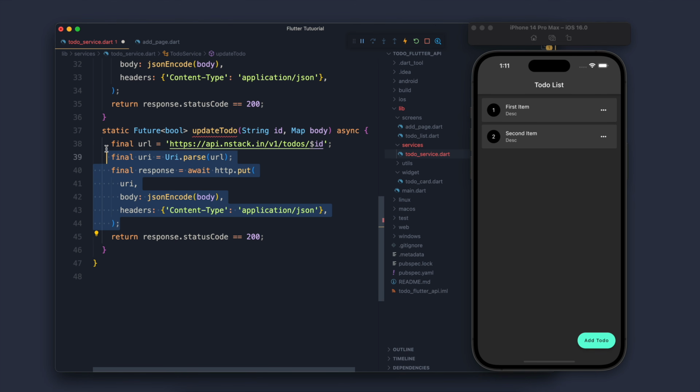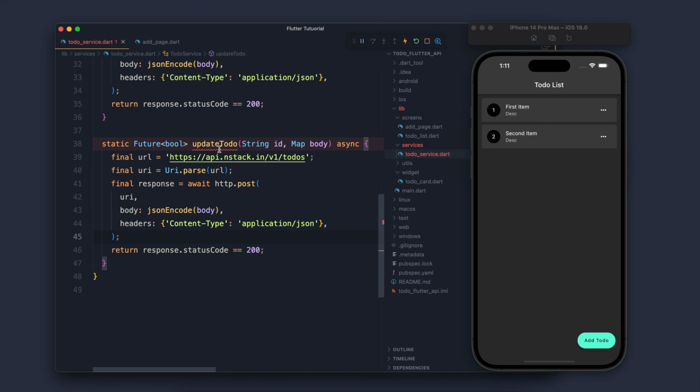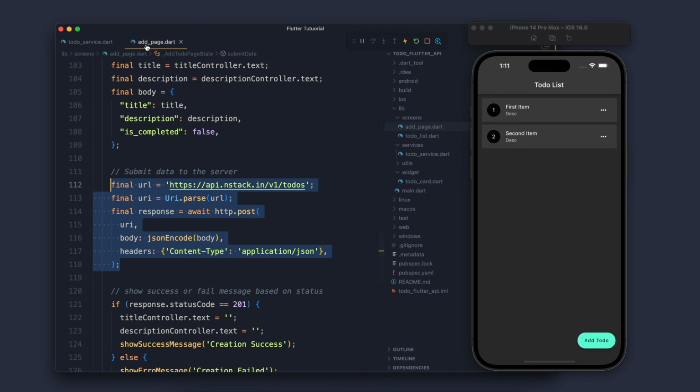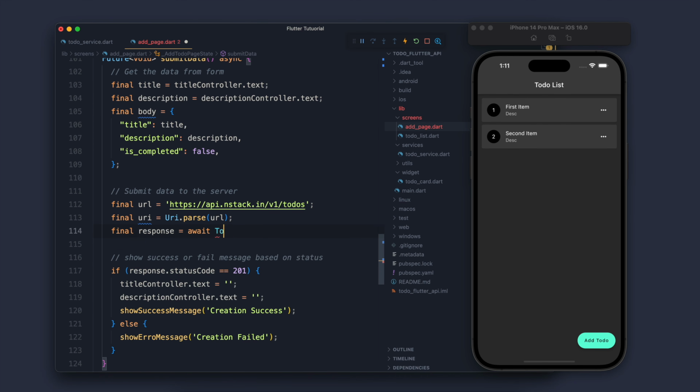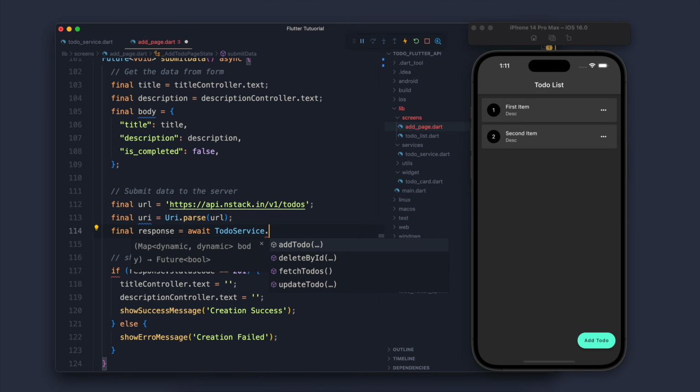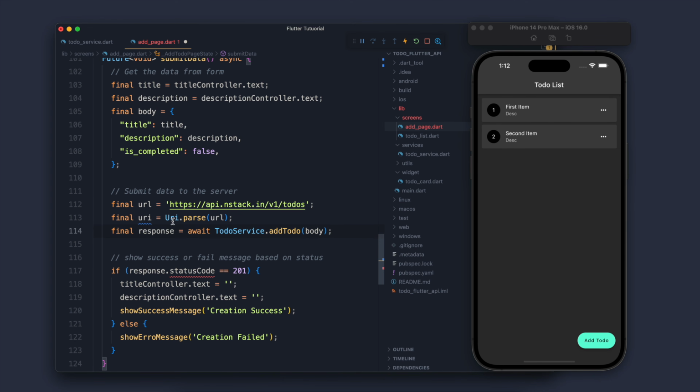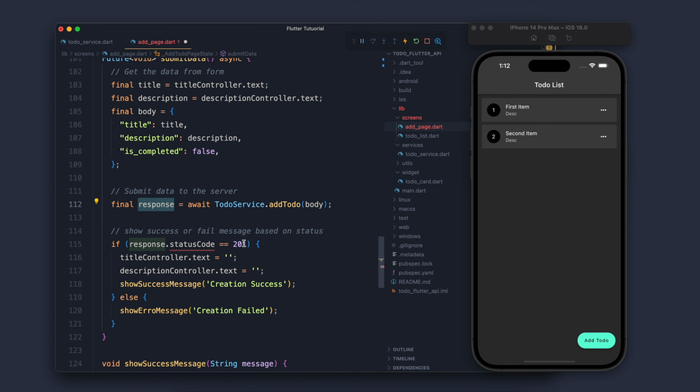So create is almost similar to the update, so I just copy and paste the complete code and let's add it. It doesn't require the ID, it only requires the body, and yeah, other thing is fine, and the status code 200 is good. Okay, so instead of having all of this, we will say to do service dot add, and we will just pass the body, and it will also return true false. So I will say is success, and if the is success is true, in that case